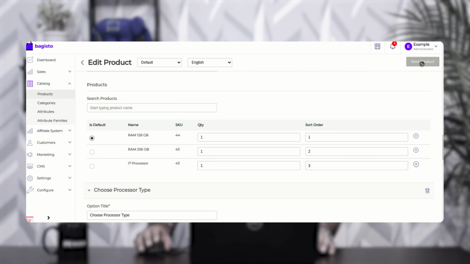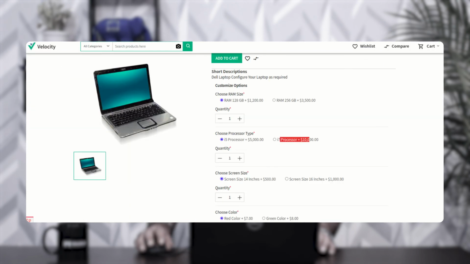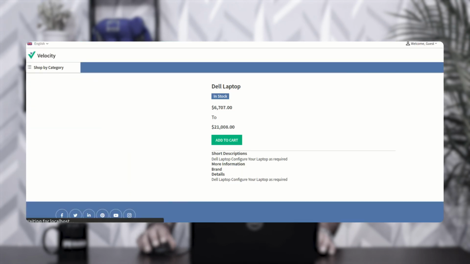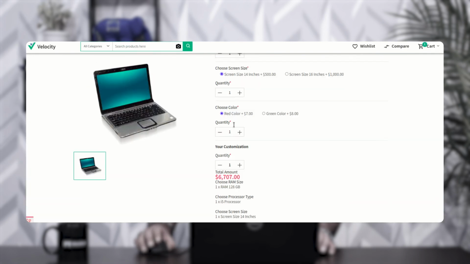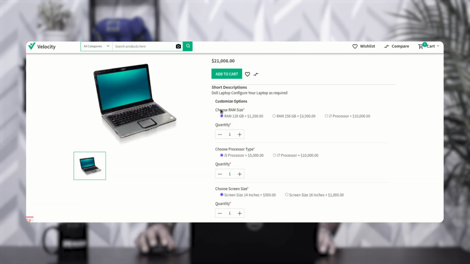save the product. Now if I go to the Dell laptop and I refresh this particular page here, you'll see that under the RAM size we'll have now 3 different options: RAM 128, RAM 256, and we added the processor type as well. So this is just a demonstration of the bundled product there,